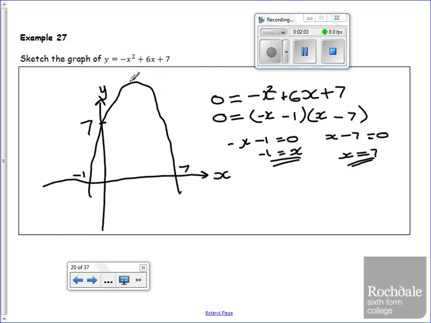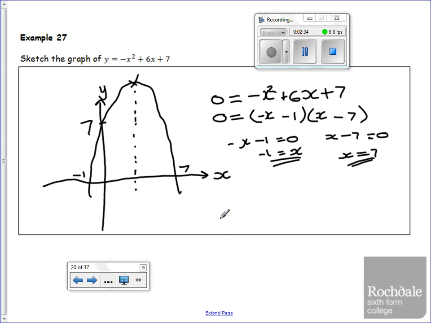The other thing we can work out is the vertex, or the turning point of the graph. Well, you might be able to work out the x-coordinate by symmetry of the graph. And then we could sub that in to work out the y-coordinate. Another method which you'll have been looking at earlier in the booklet is completing the square. Now by completing the square, when we get it into the correct form, we can tell the vertex of the